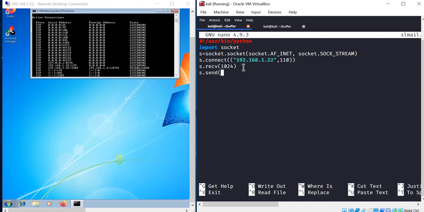and when I say s.send, I could say the username is test, and say s.recv(1024), which receives the welcome message after that. Then I say s.send with the password, which sends the password to the server, and say s.recv. It says 0 messages, right? So to receive that message from the server, I say s.recv and say s.close and